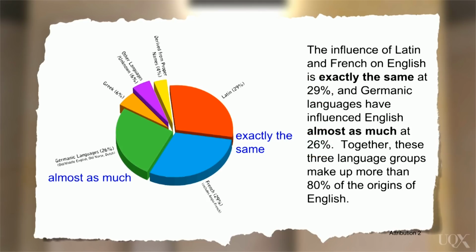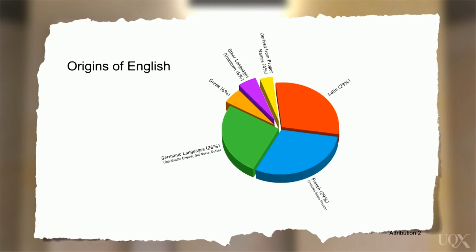Also, look at how we change the use of the word influence from a noun to a verb. This shows the examiner that you are flexible in vocabulary use. We still need to mention the smaller sections of the pie chart. Clearly, the influence of these groups is smaller than French, Latin, or Germanic languages. We should think of words to say how much smaller. We could say considerably smaller or significantly smaller.